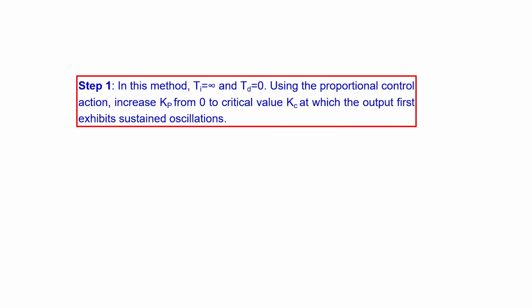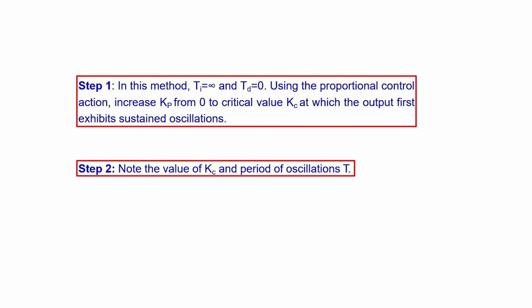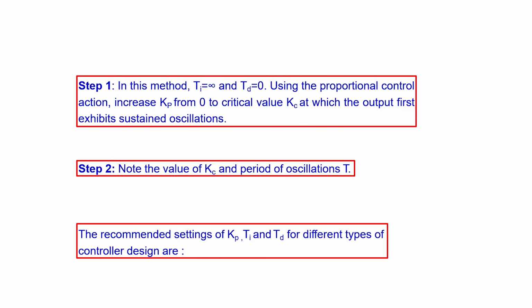Using the proportional controller action, increase Kp from 0 to the critical value of Kc at which the output first exhibits sustained oscillations. Step 2 is to note the value of Kc and the period of oscillation T. Recommended settings for Kp, Ti and Td for different types of controllers are: